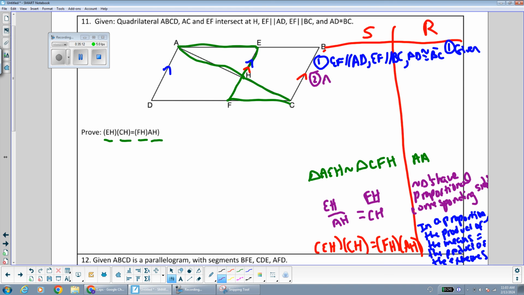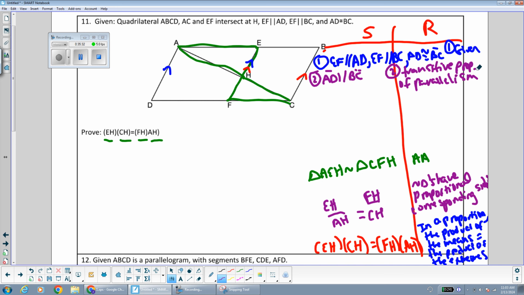I'm going to put that here. AD is parallel to BC. And we call that the transitive property of parallelism. You do have to be specific and say that that's the transitive property of parallelism,